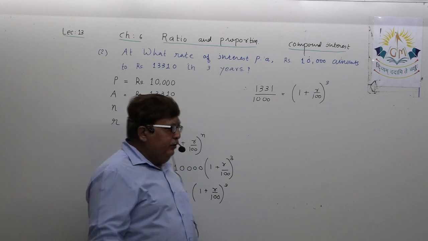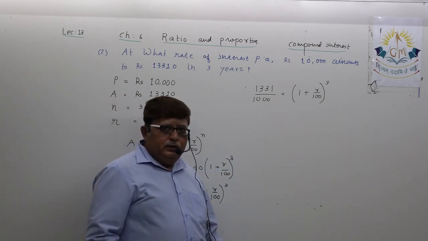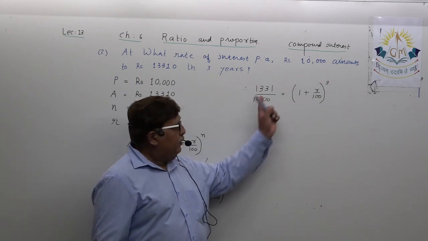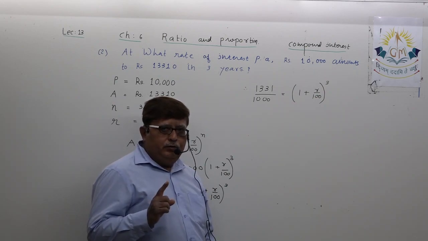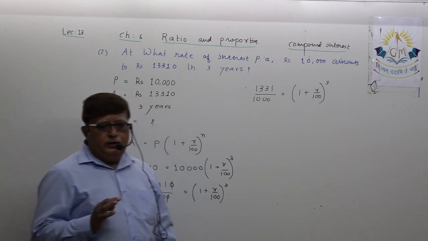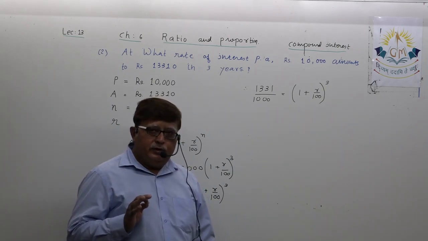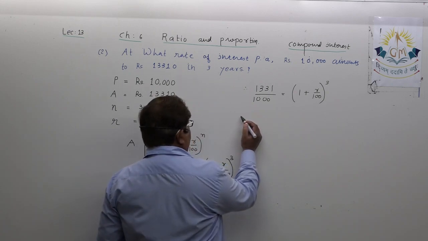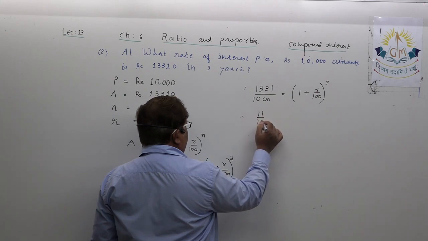Understood? So, dear student, you have to guess now: 1000 is obviously a cube of 10. 1331 is a cube of 11. This needs to be very, very clear in your mind, and it is important as well. So, dear student, you will write 11 upon 10